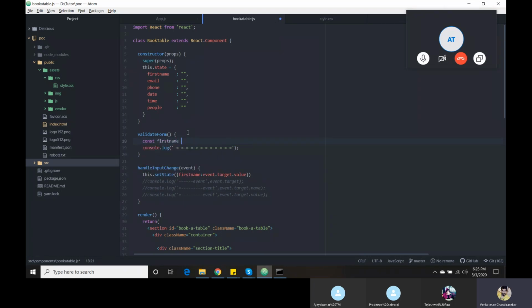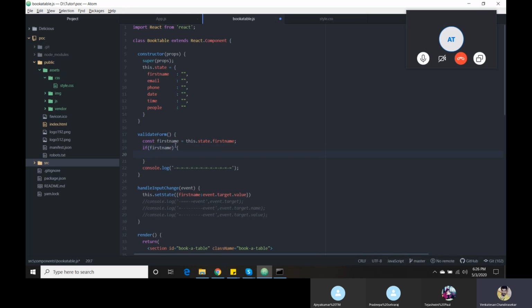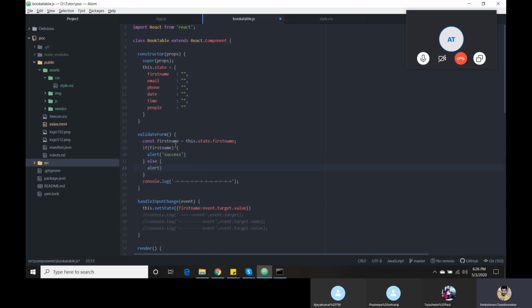firstName is a variable. I am going to get this.state.firstName for doing the validation. If firstName is available, then alert, else alert "enter your name" like that.